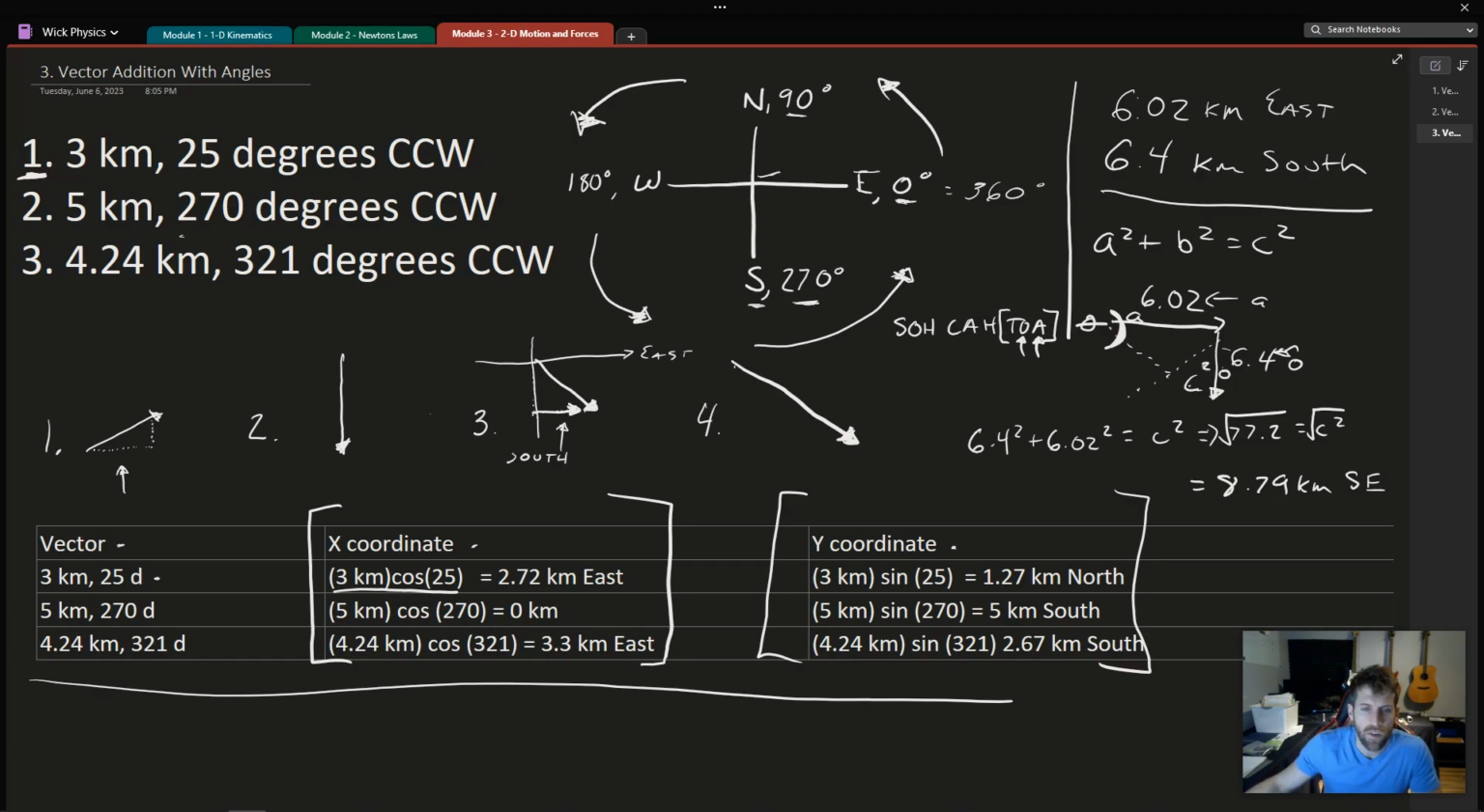So we have inverse tan of the division that we are going to use of 6.4 divided by 6.02, and that will give us our angle for our resultant. So 6.4 divided by 6.02, and we get a final angle of 46 degrees,